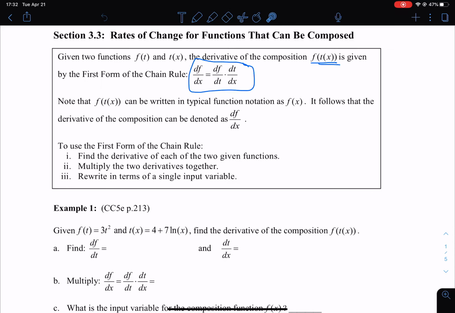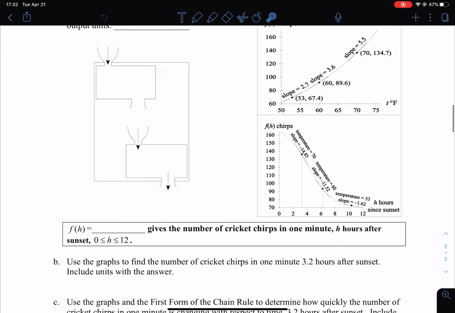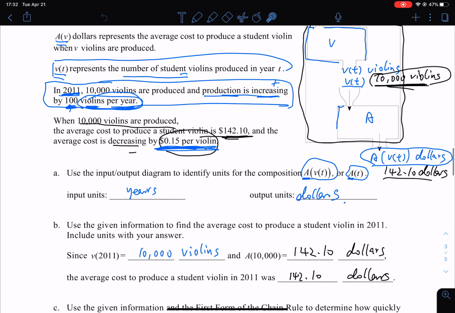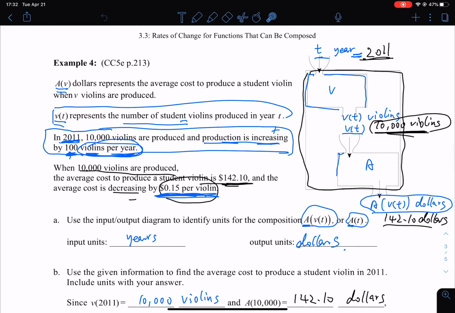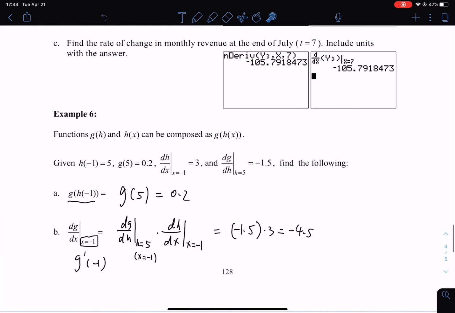And to use the first form of the chain rule, first we have to find the derivative of each of the 2 given functions, then multiply them together. And the last step is to rewrite in terms of the single input variable. So let's see example 4. All right, let's do example 6 first, then go back to example 4. So example 6,